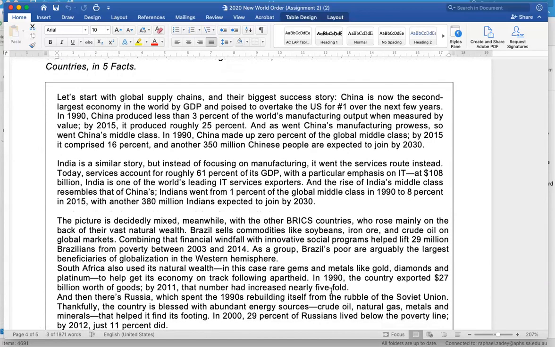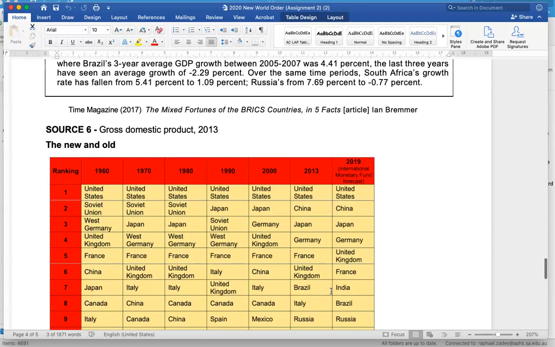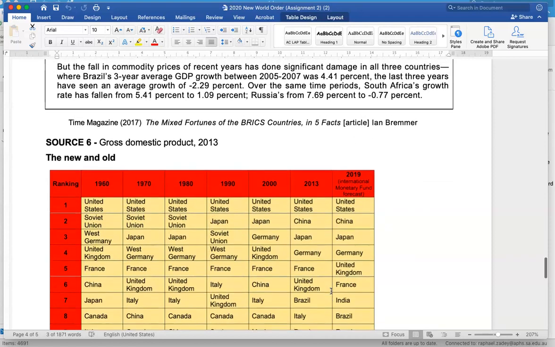Now I want to go straight to the overlap. So stage and get straight into it. Where do the sources, there's source 4, and there is source 6, which is a table. Okay, sources 4 and 5